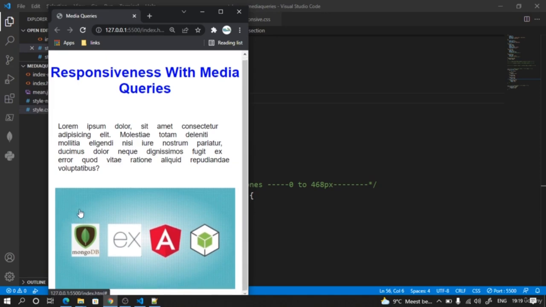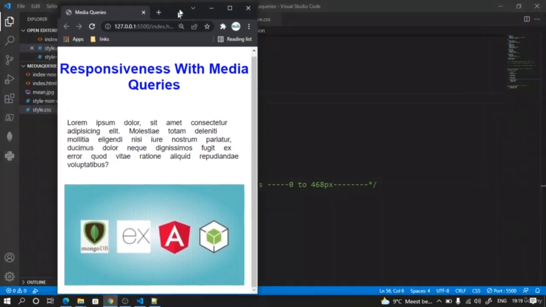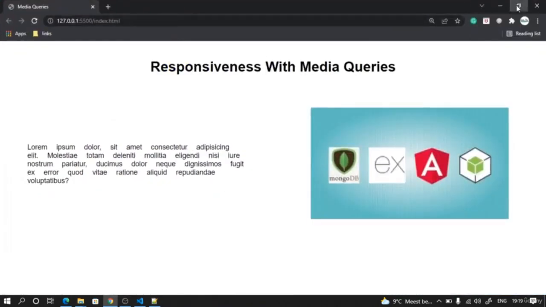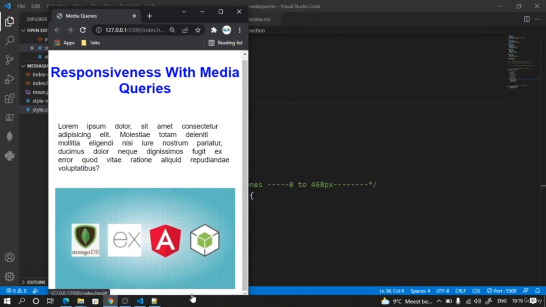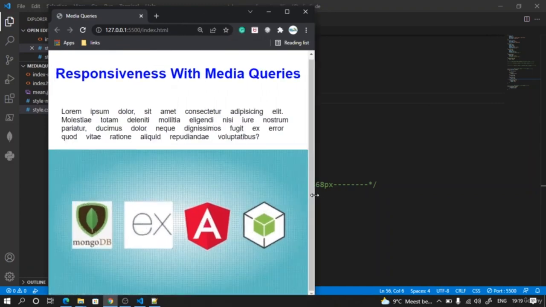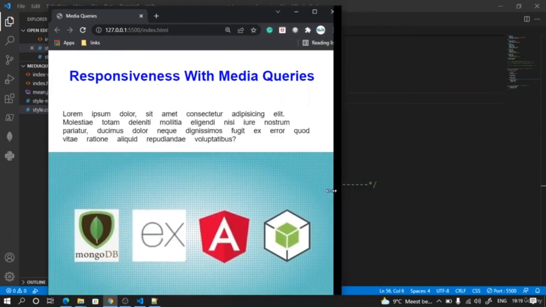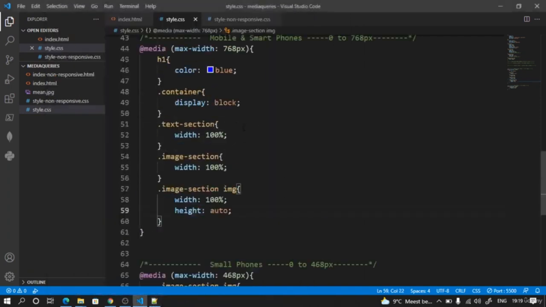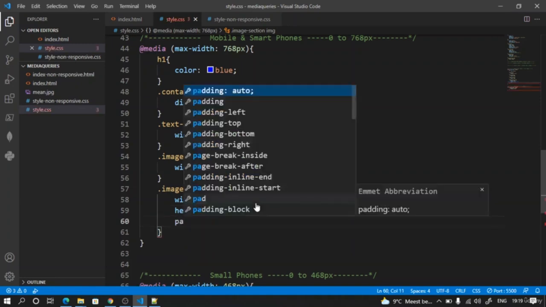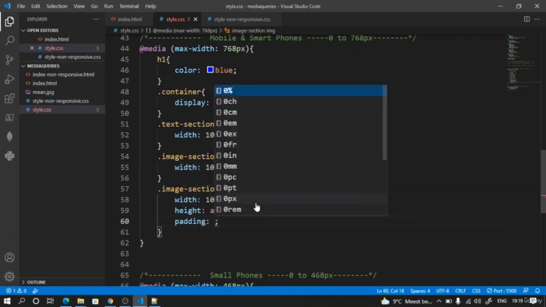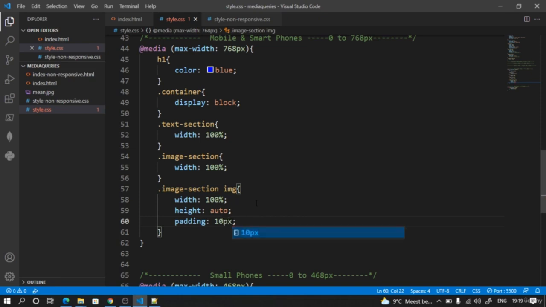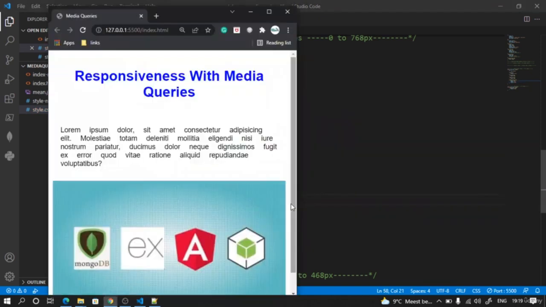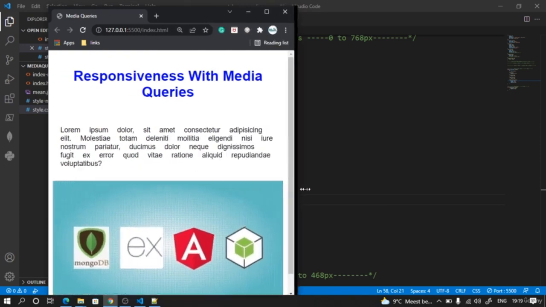So there's a space, and if I take this up, you can see a nice padding at the bottom as well. So if I increase this, padding disappears. If you want to give padding in this as well, then you can give it, because we already are targeting the media query here, so you can give a padding of, let's say, 10 pixel. Remember, padding is from inside and margin is from outside. So now it is 10 pixel, but when it goes to mobile, it becomes